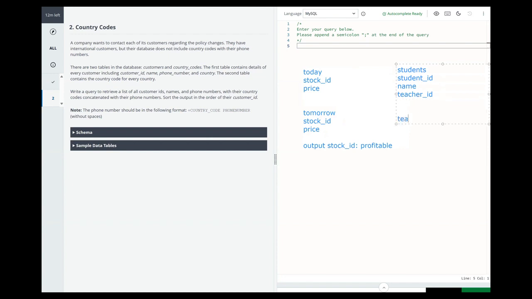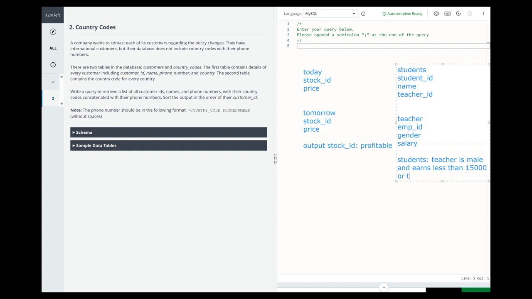Then we have a teacher table in which we have their employee ID, that means the teacher ID again, their gender and their salary. The question is to print the name of all the students where the teacher is male and earns less than 15,000,